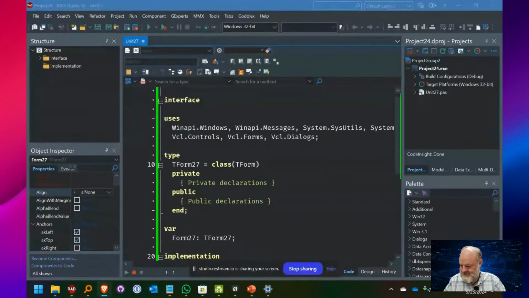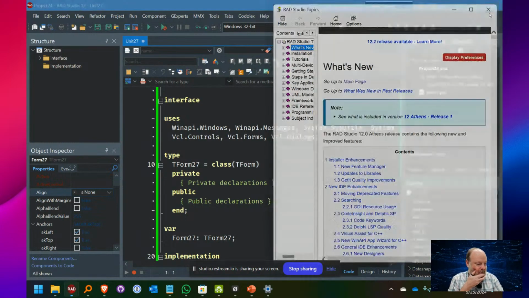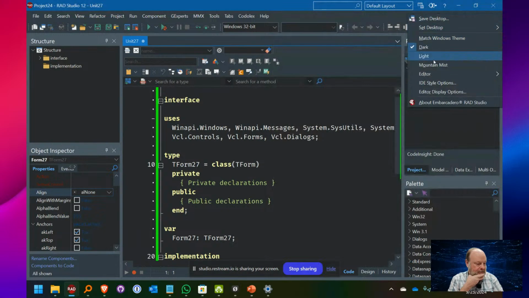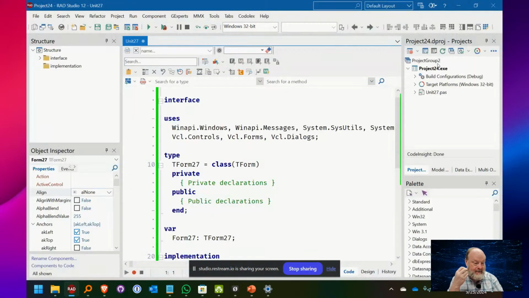Switch this layout around here. Okay, so I just created a new, I'm going to change the display. I like dark mode, but I found that at least it feels to me like the light mode shows up better for presentations. It definitely has better contrast, I think, and that's probably what it is.